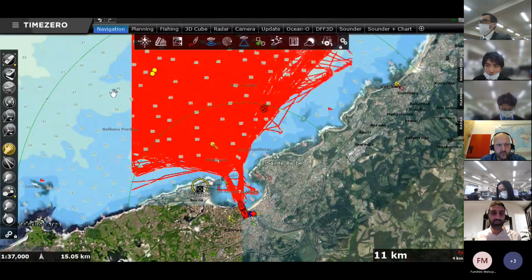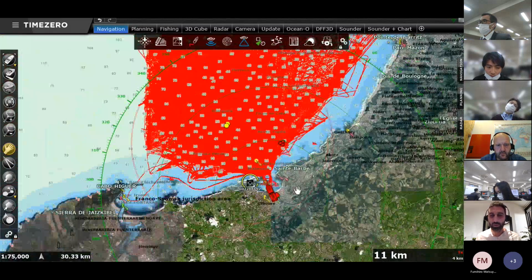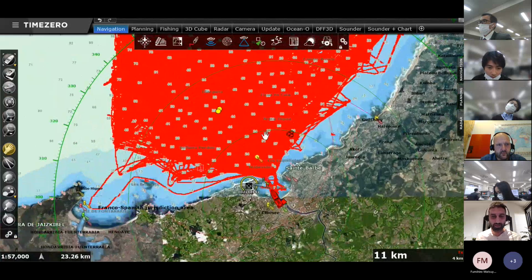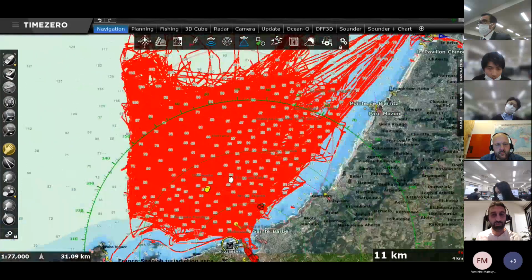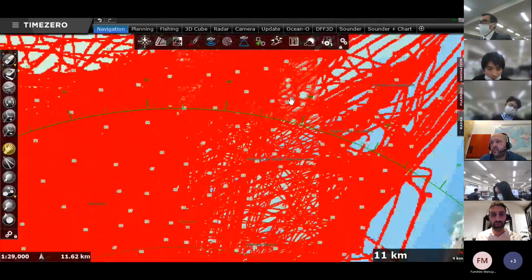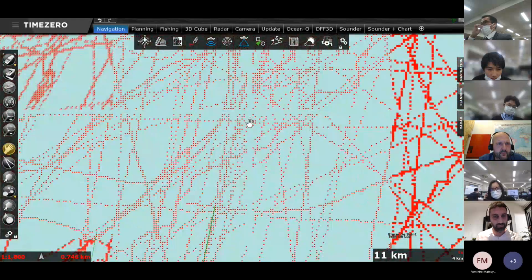here a database I have from a fisherman actually close to Maxi headquarters, close to Bayonne and Biarritz. You see these red points, they are all depth points recorded by TimeZero.